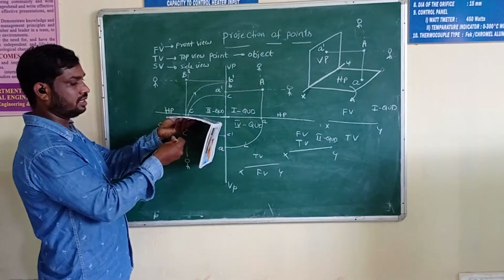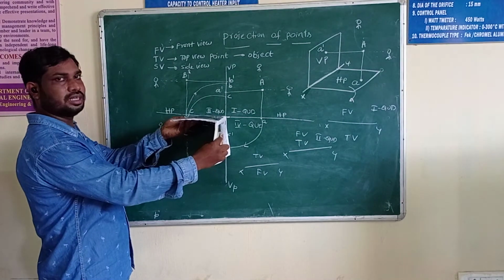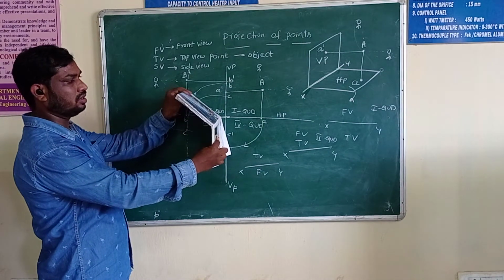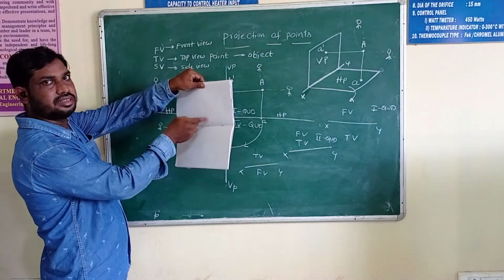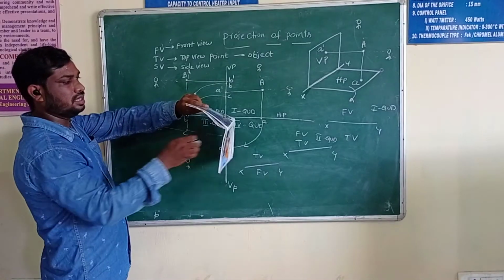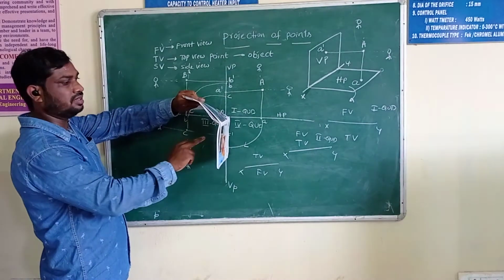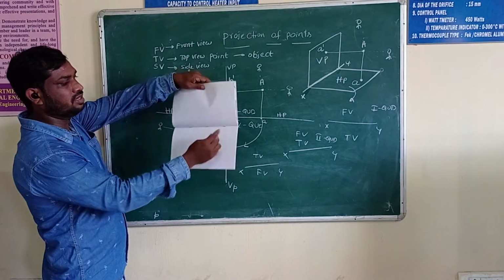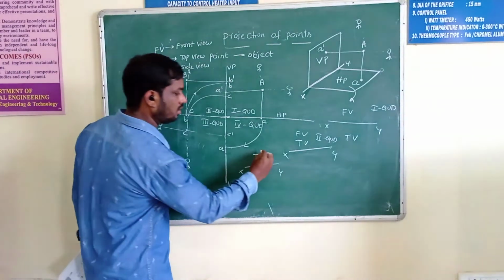So the object is here. This is the front view, this is the top. Okay. We can rotate in the clockwise direction and make an angle clockwise like this. So we are saying that this is the top, this is the front, because here is the vertical front, this is the horizontal. Like this, you are seeing the object. This is the front view, this is the top. So above the xy line is the top view, below the xy line is the front view. Like this, okay. This is the third view.